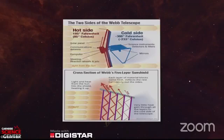So that shield will always be in between the two. All of the solar panels, the communications, the computer, everything will be on the hot side because those are not quite as sensitive. But we have the mirrors and those sensors on the cold side that are really going to be protected. And we can see on the bottom there, all of those layers are going to keep additional